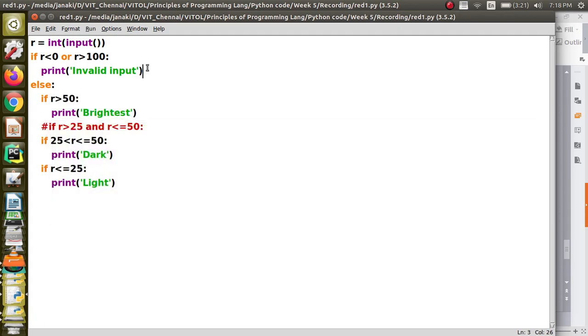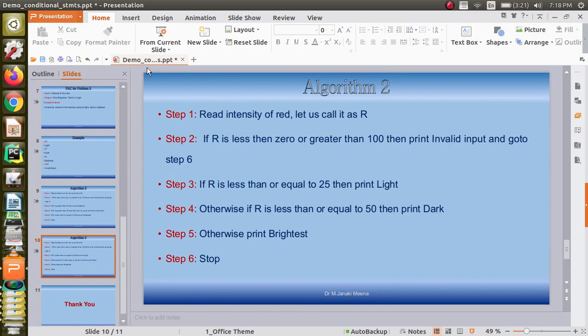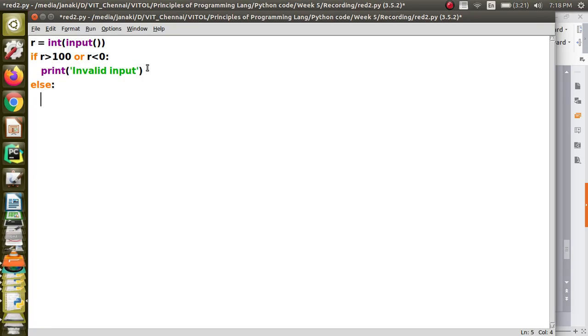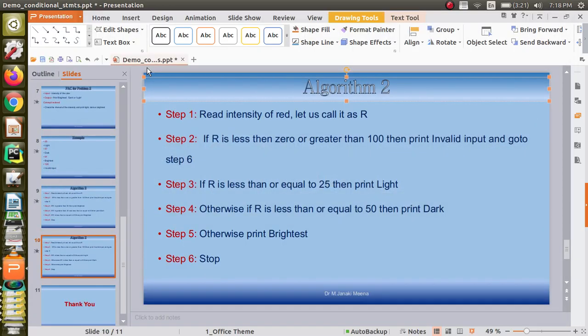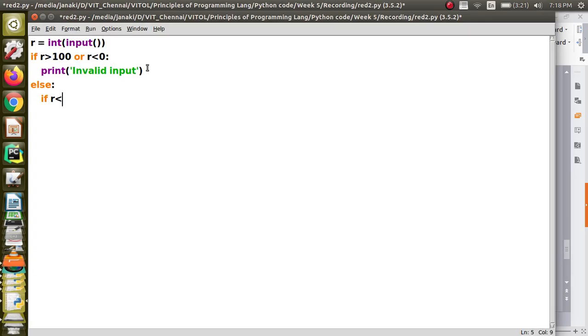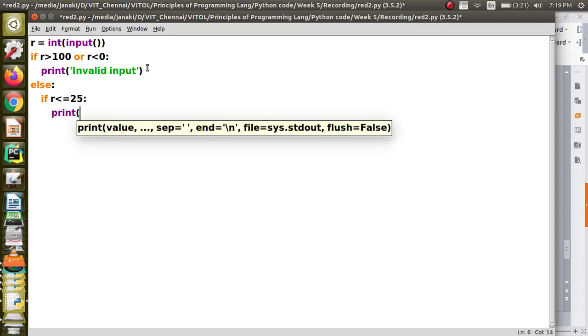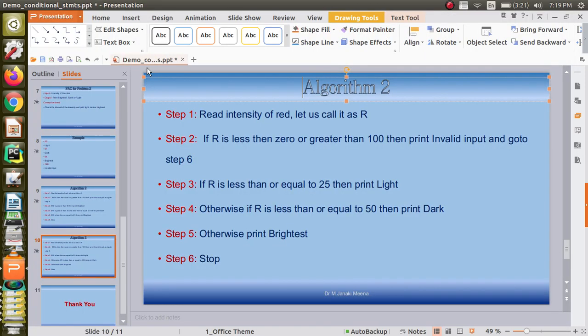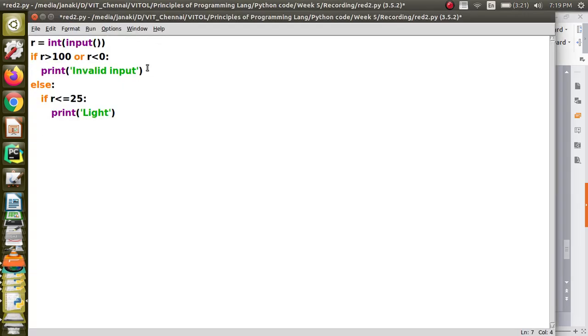So what does the algorithm say? The algorithm says that if R is less than or equal to 25, then in that condition you are going to print light. Then otherwise, you have an else if.